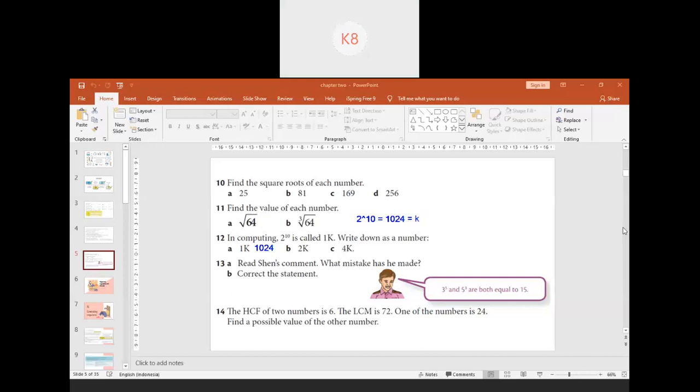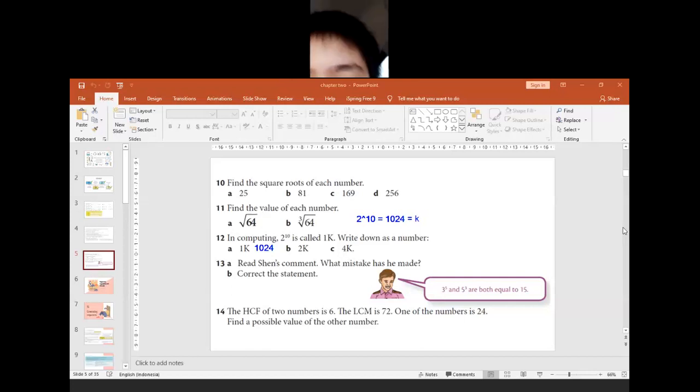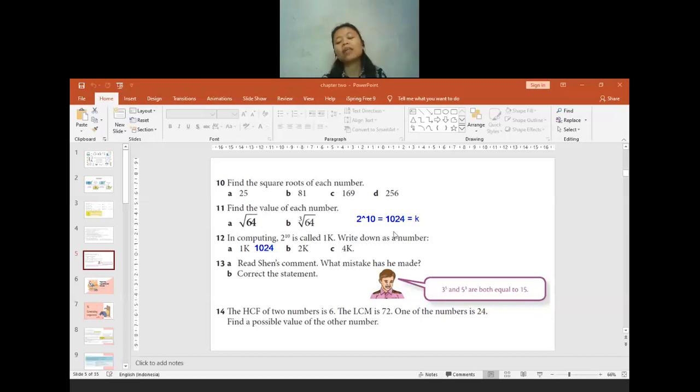No, teacher. It's like the algebra thing here. Yeah, it's almost like algebra. But here, the value of k you can find by calculating 2 to the power of 10. So the k is already given actually. But the question just does not mention it as 1024. The question just mentions it as k.